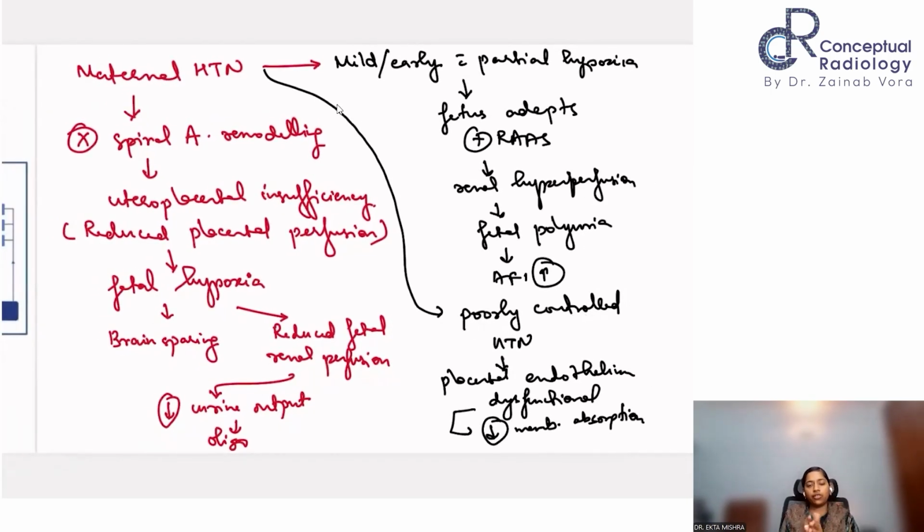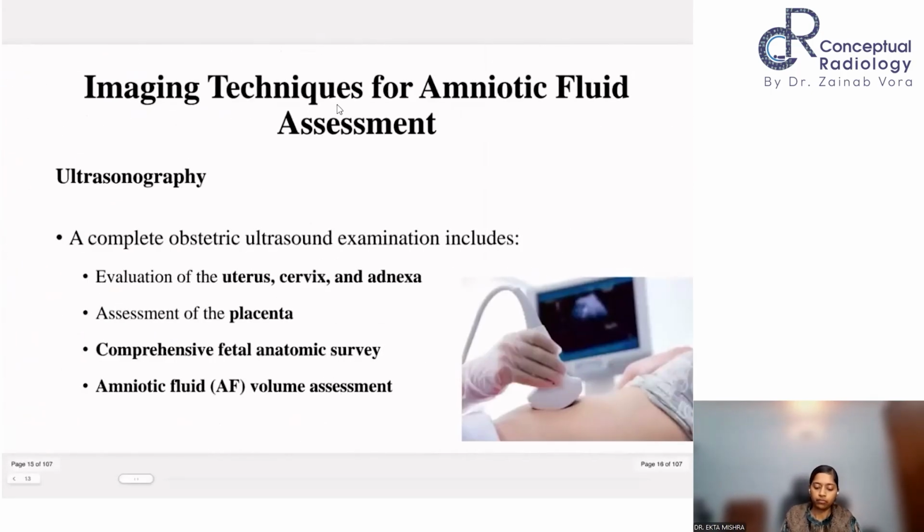So maternal hypertension, most of the time, causes oligohydramnios. It decreases the fluid because of the shunting of blood from the kidneys and brain sparing. But in some cases, with two proposed theories, it may cause polyhydramnios. Okay, clear? So now imaging, how to